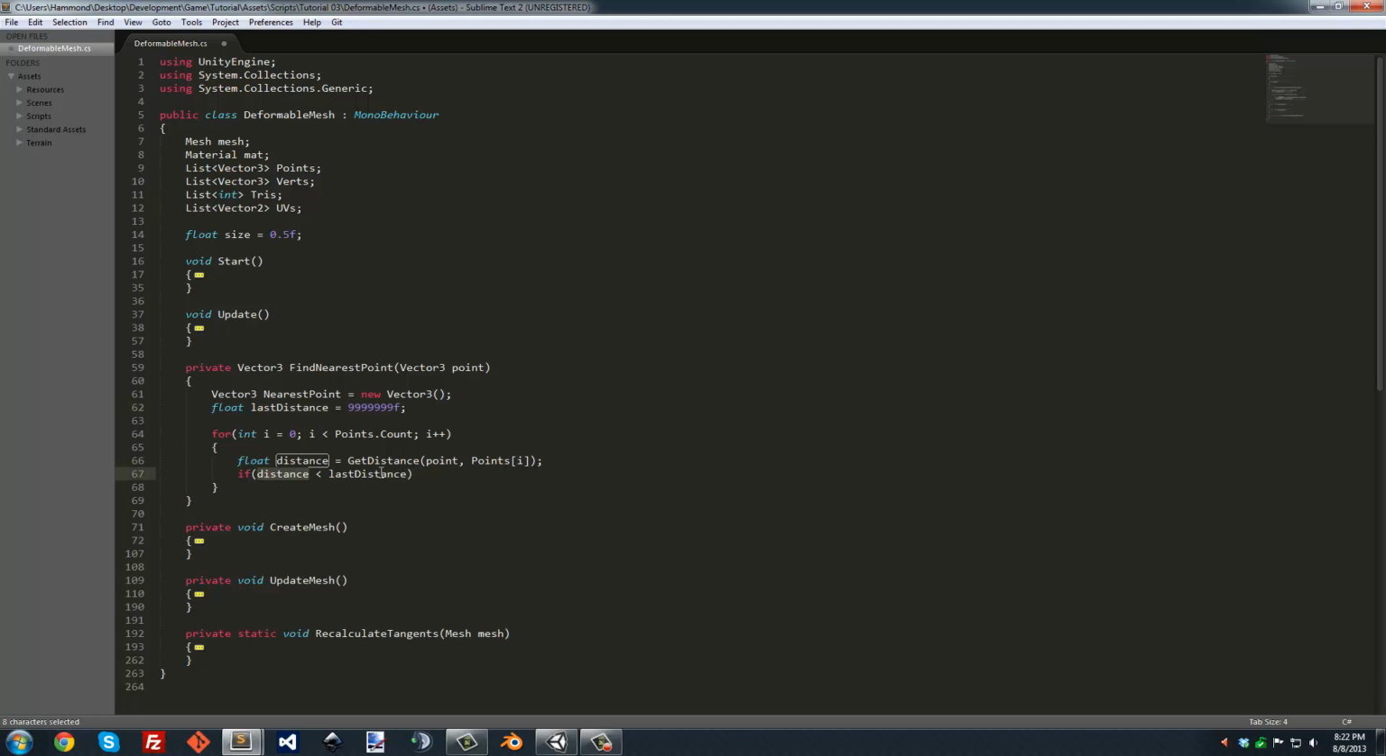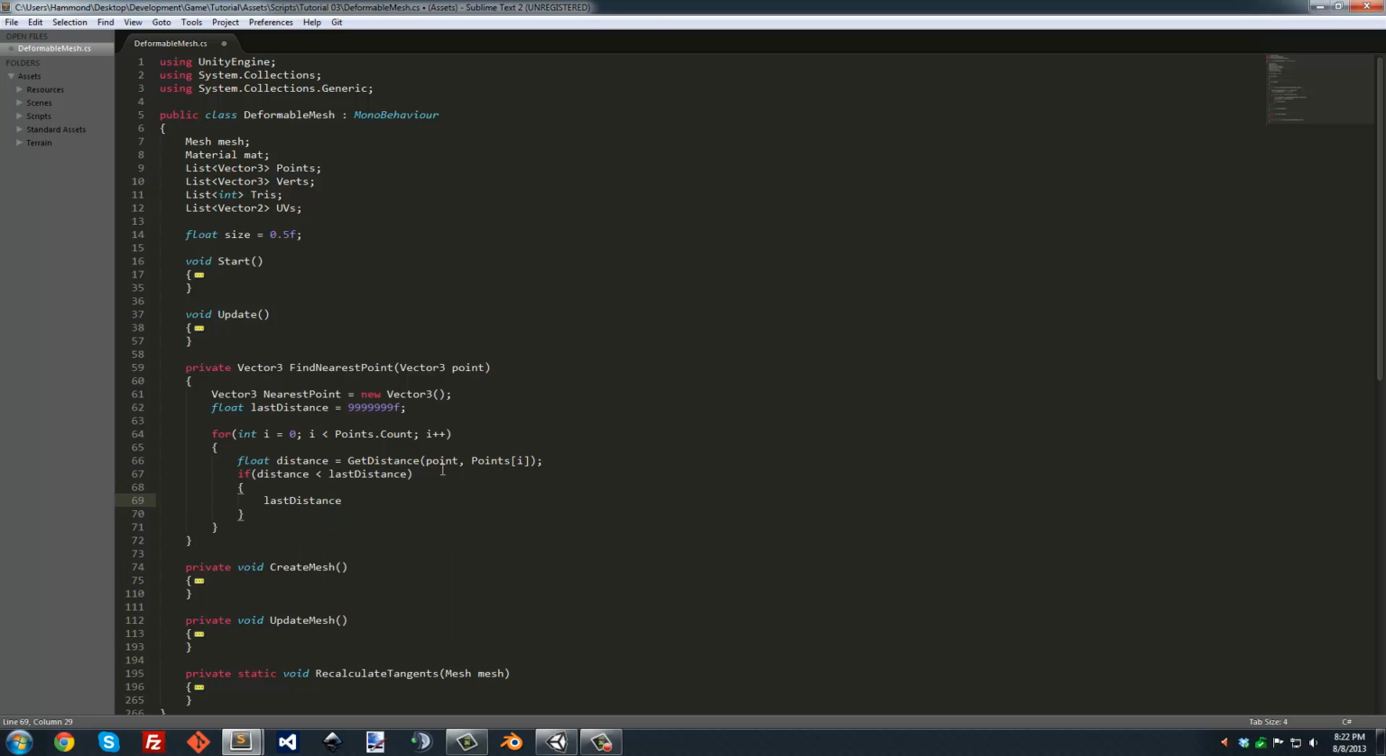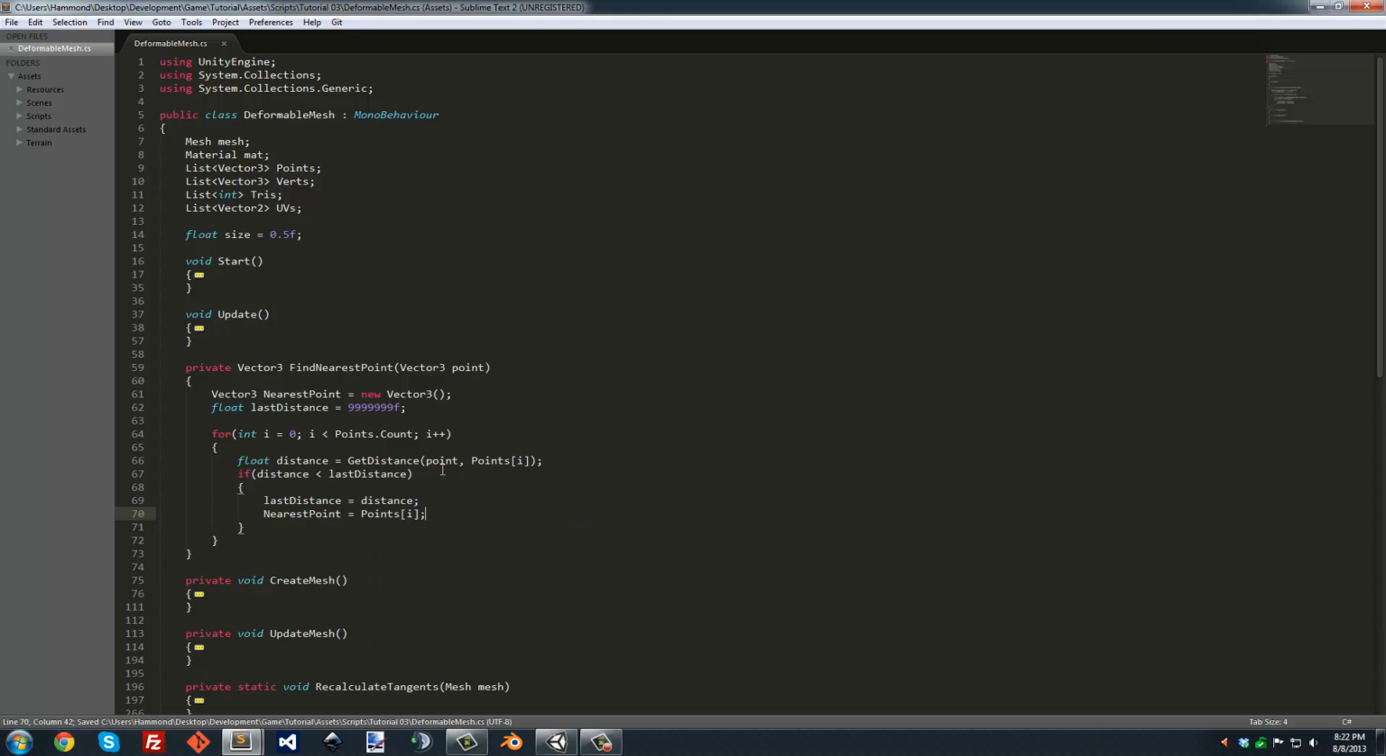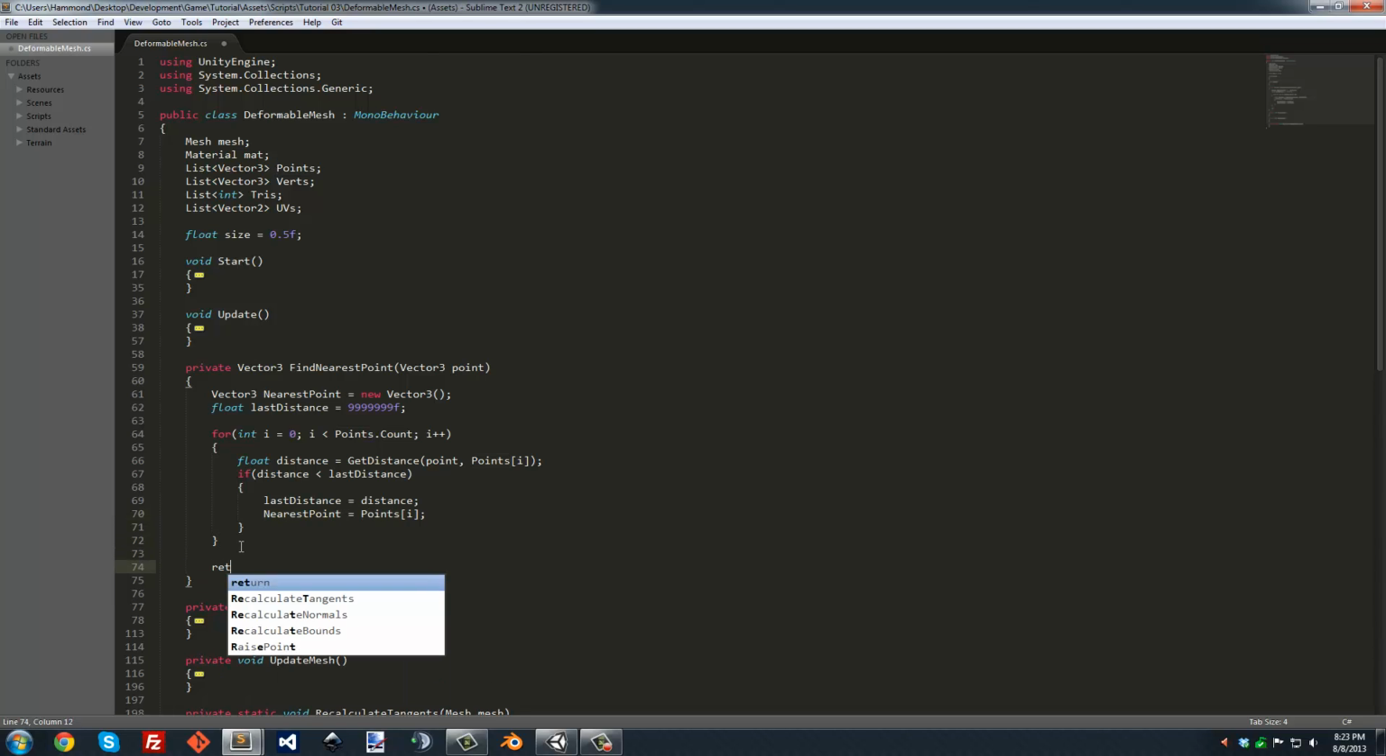So basically, if distance is less than that, which pretty much the first one always should be, then we're going to go into here, and we're going to set last distance equal to distance, because that's our most recent distance. And then we're going to set nearest point equal to points i. And then basically every time we loop through this, if we find a point that's closer, then it's going to set the distance to last distance, and that way we can do a check on the next loop, and it's going to set nearest point to points i. That way by the time we loop through all of them, whatever had the lowest distance, it's going to set that as nearest point. And then all we do is we return